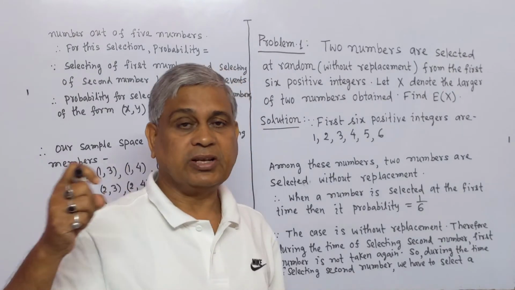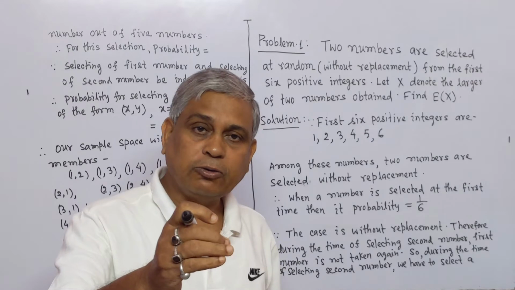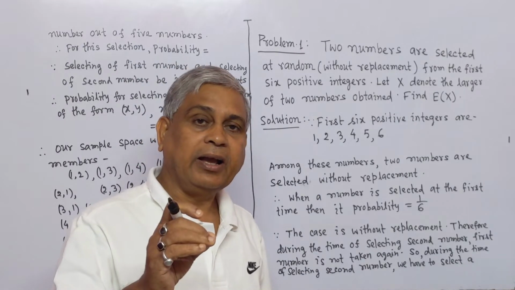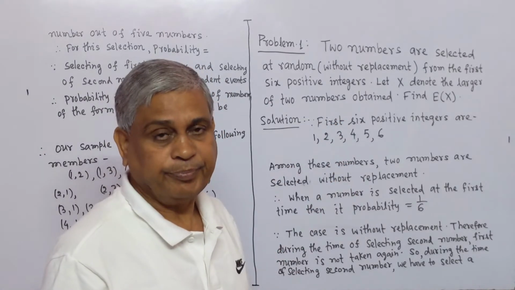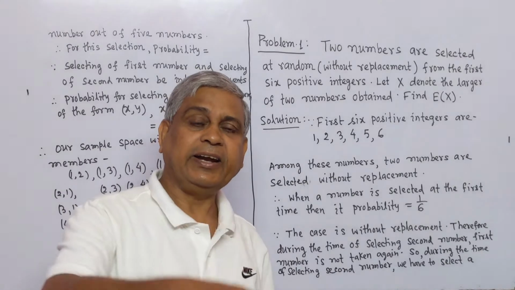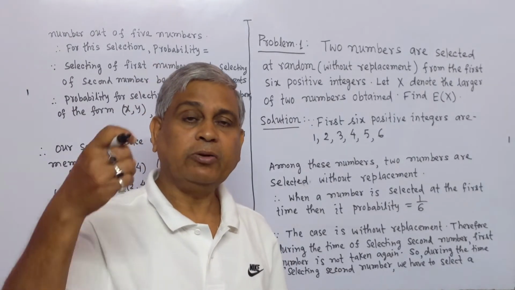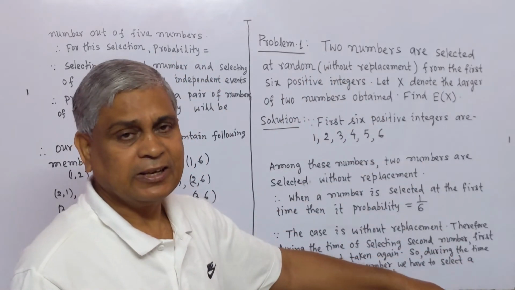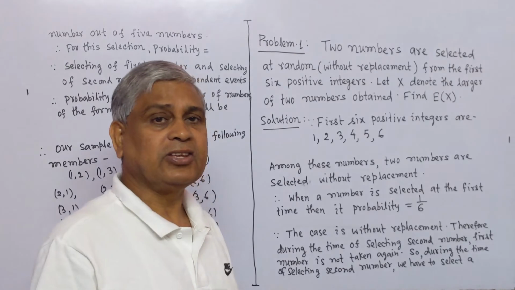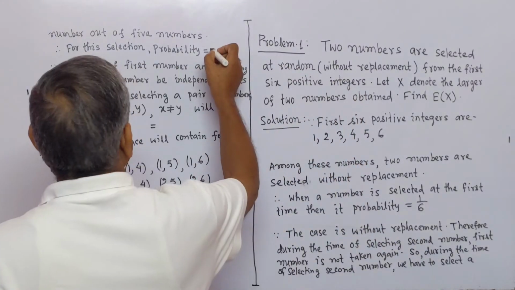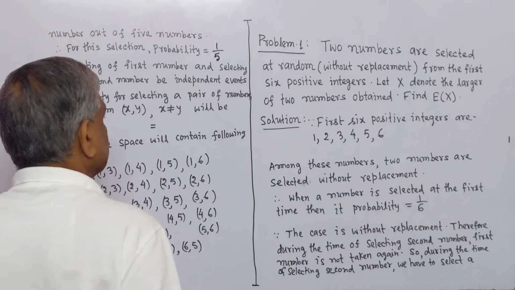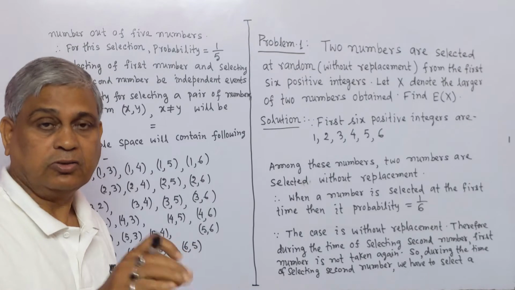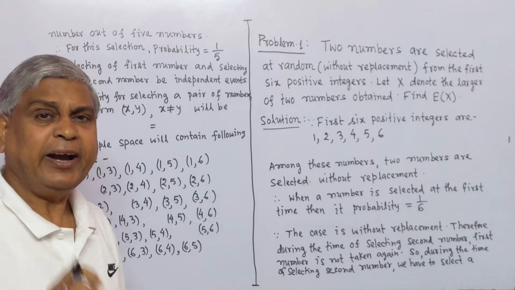Now, let a number be selected and we do not include this number in the list of numbers. That means the remaining numbers will be 5, without replacement. And the second time we select a number, we take it out of 5 numbers. Therefore, the probability of selecting this number will be 1 by 5. Since selecting the first number and selecting the second number are independent events,